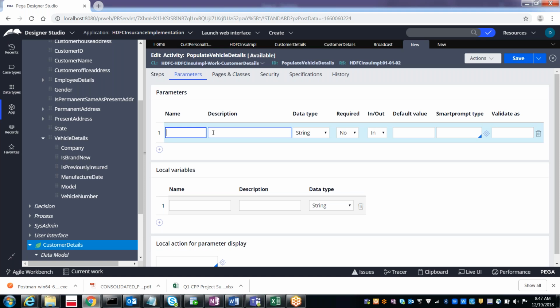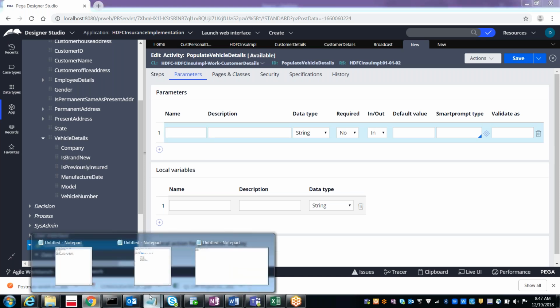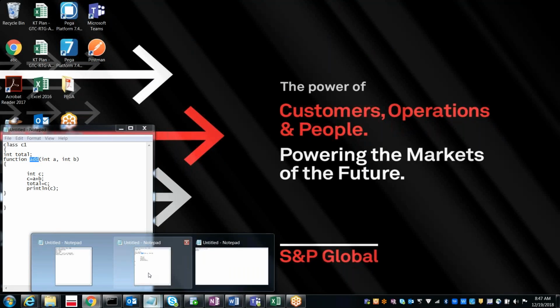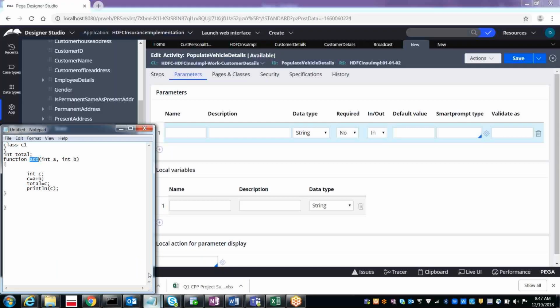We will be passing the values from one activity to another activity. As I told you yesterday, the add method contains two parameters, integer a, integer b, and then integer c. So c is like a local variable. This c is available only within the context of this function. Outside the function, if you have one more